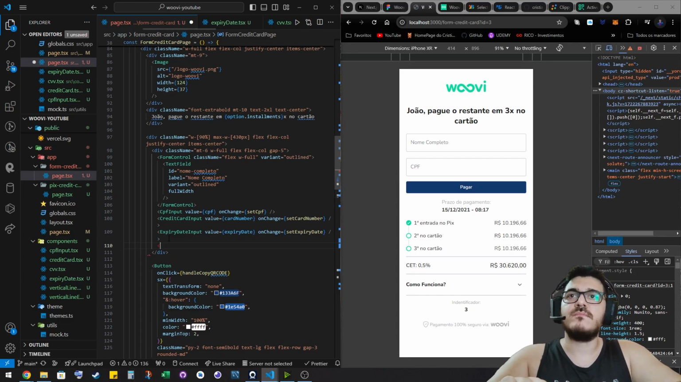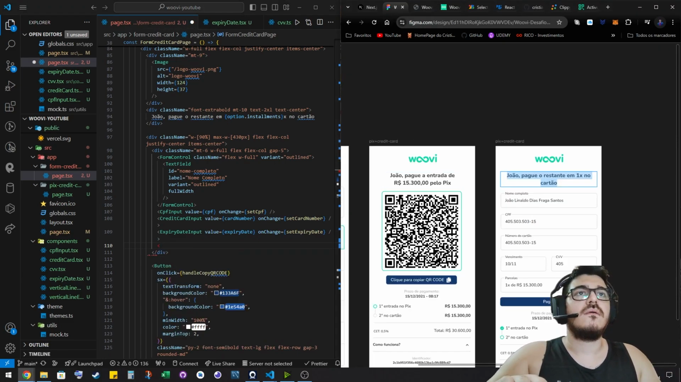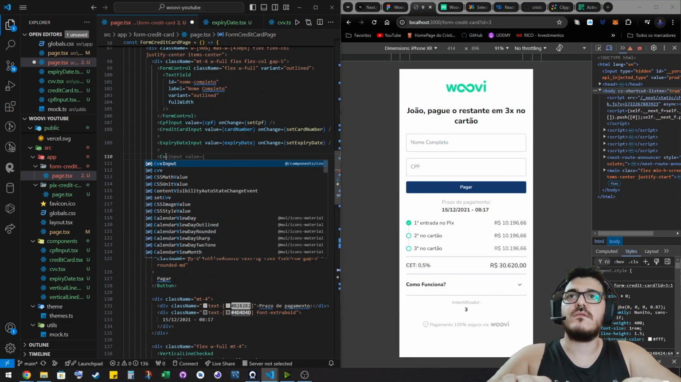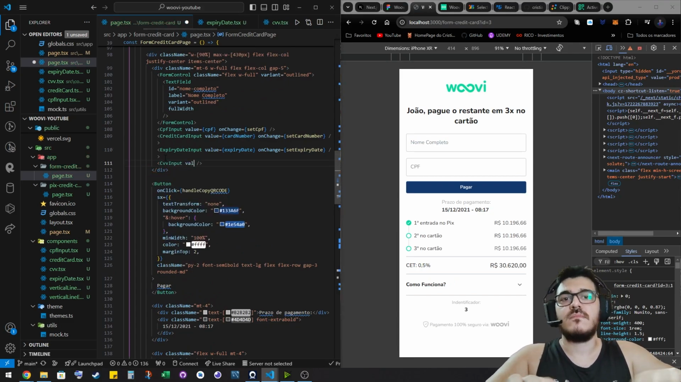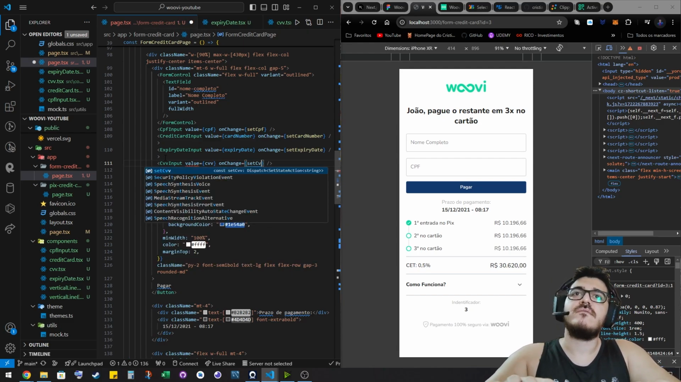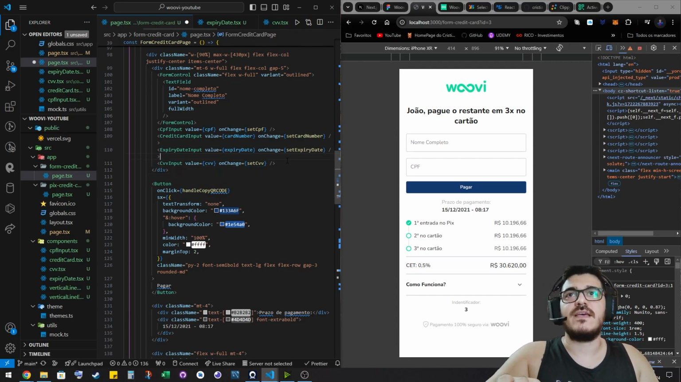And the last one, CVV. So it's going to be like CVV input. The value is CVV. And on change, set CVV. I think that's it, yes, it's working. So if I save it,